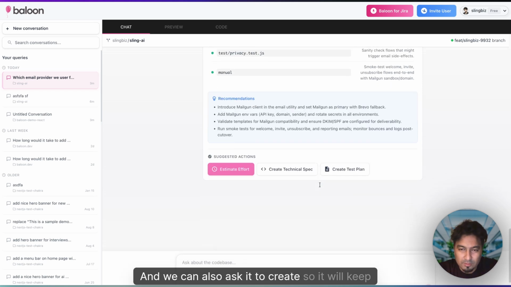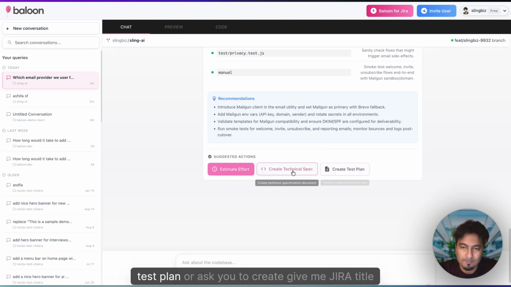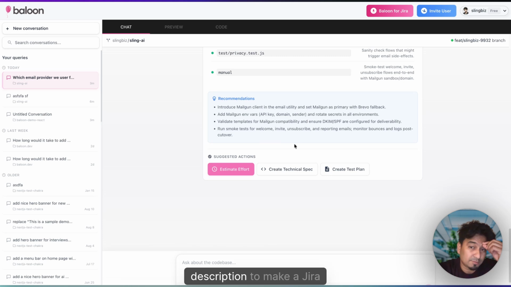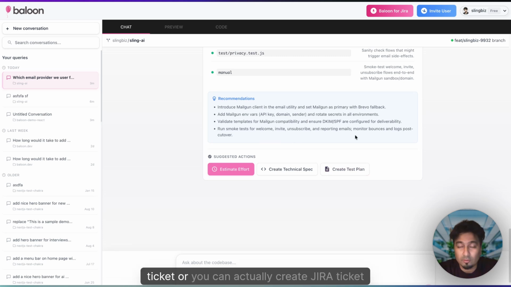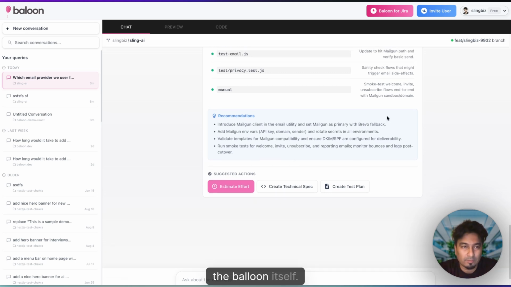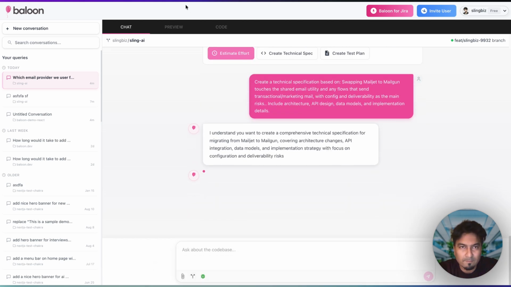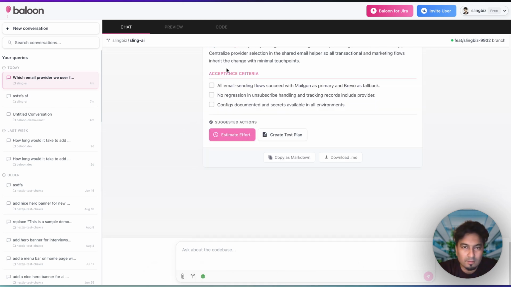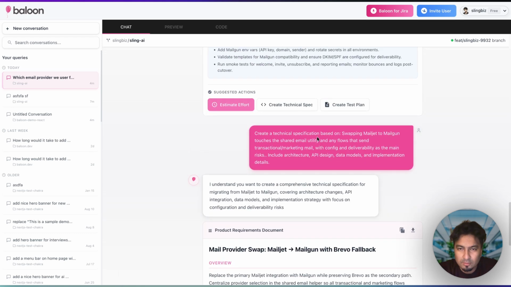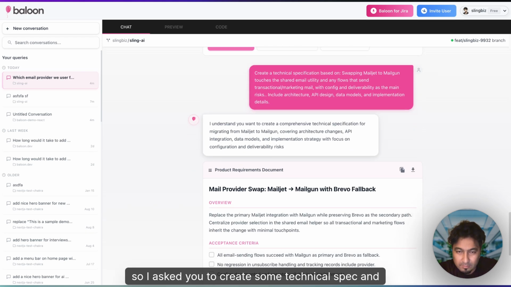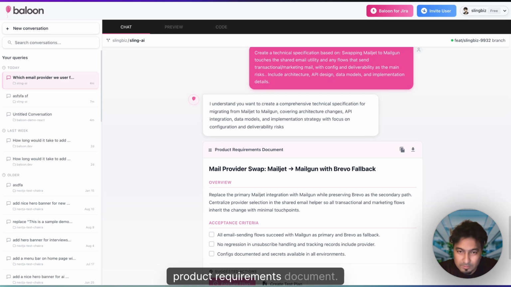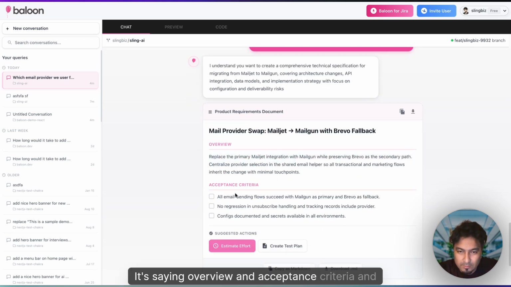We can also ask it to create things. It will keep giving you suggestions based on what the outcome is. I can ask it to create a technical spec or a test plan, or to give me a Jira title and description to make a Jira ticket, or you can actually create a Jira ticket right from Balloon itself. I'm just going to run this as a final demo, and I'll share more demos soon, but this is the first. I asked it to create a technical spec, and it completed a product requirements document. It's saying overview and acceptance criteria, and